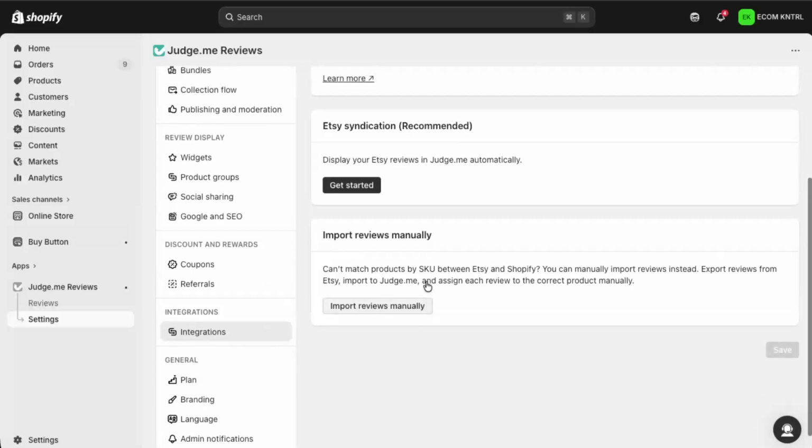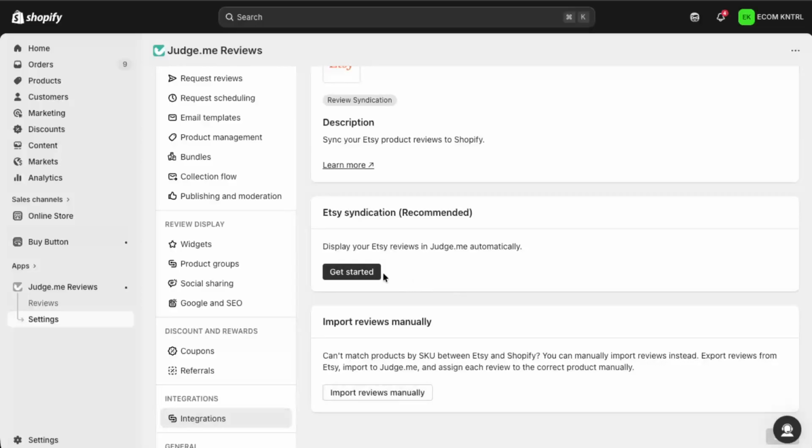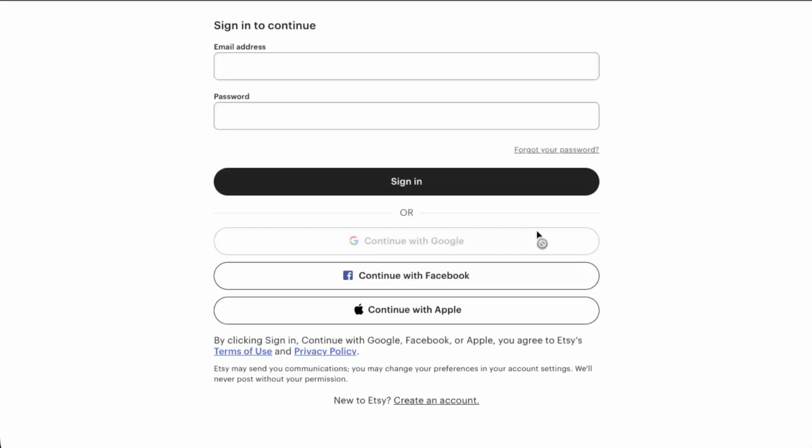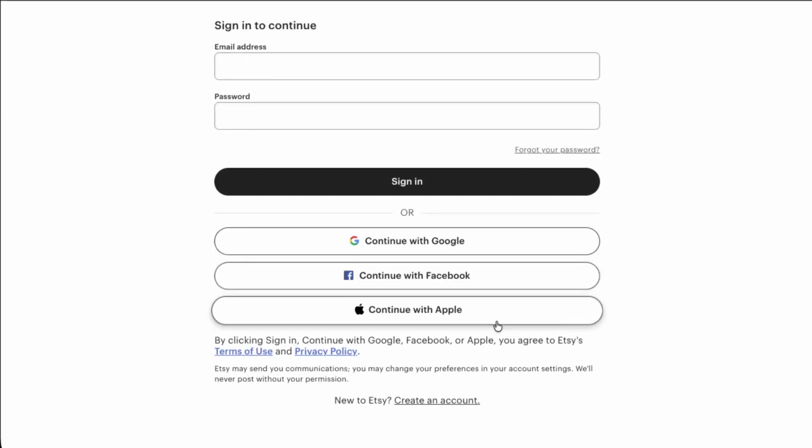Judge.me may also give you an option to import manually, but for this example, we'll stick with the guided connection by using Get Started. This usually sets up an integration that can automatically pull in your reviews. Once you click Get Started, you'll be taken to a login or authorization page for that platform. Here, you'll need to sign in with your account details and grant the necessary permissions so Judge.me can access your reviews. After you complete the login and confirm access, Judge.me will begin syncing and